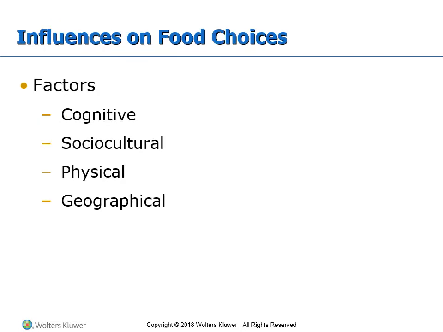So looking at some of the factors that influence our food choices, we have cognitive, which is our thoughts, so what we think about the food. We have our sociocultural background, so again, this is our culture, our socioeconomic status, things like finances, traditional foods we were raised on. Physical, so again, are we able to physically prepare the food, access to food, etc. And tied into that, you have geographical. So again, I believe in community you talked about things like food deserts, which are all things that affect our food choices, even if we quote unquote know better or know what to eat.